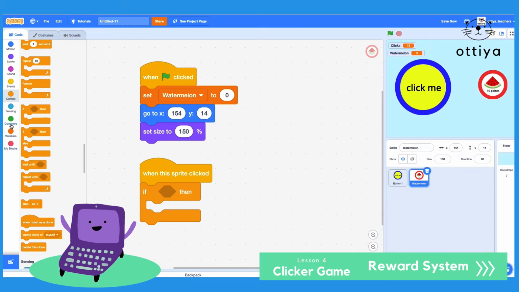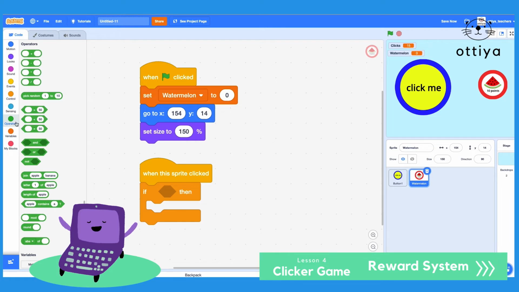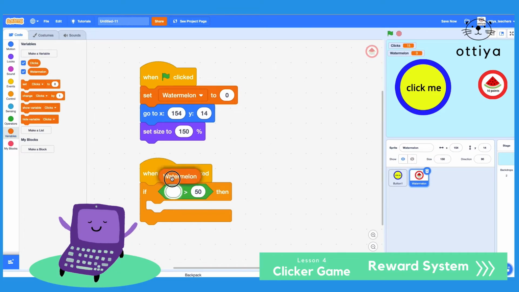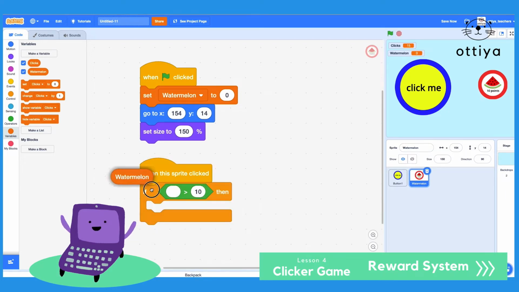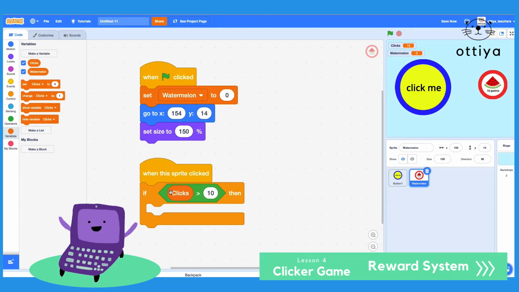So to do that, go to operators and drag this in here. And then we're gonna drag in watermelon right here. And we're gonna say, if watermelon, oops, not watermelon. Whoops, we'll delete that. We'll say, if clicks is bigger than 10, then we want to